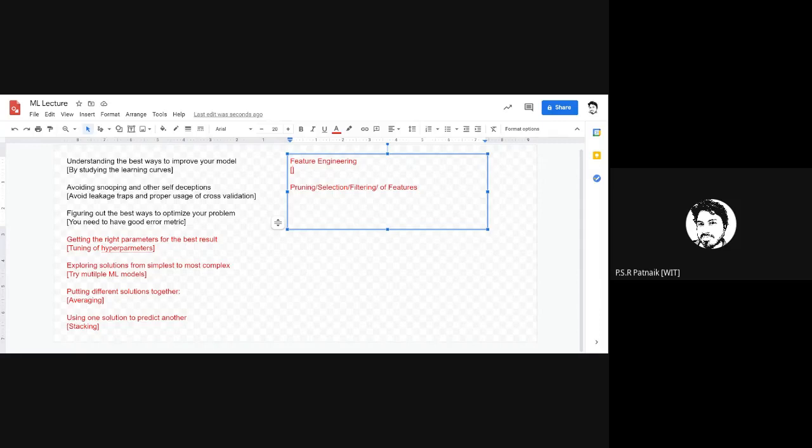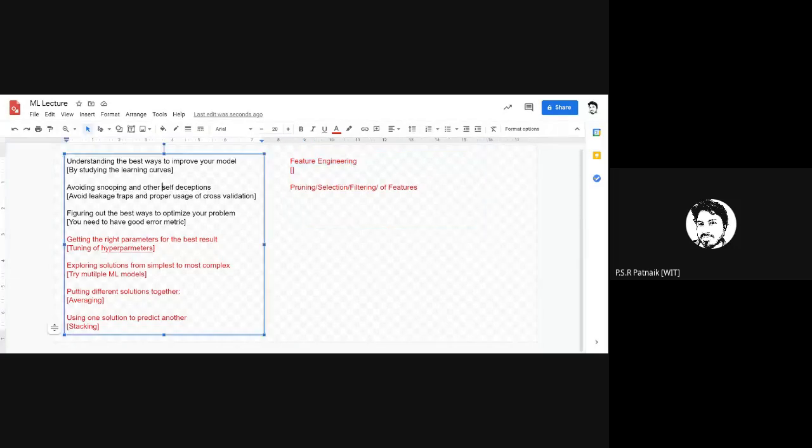Feature engineering nowadays is very powerful and very helpful for improving ML models. A properly done feature engineering with the help of domain expertise can help you avoid all these issues.